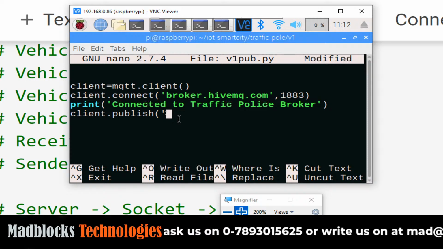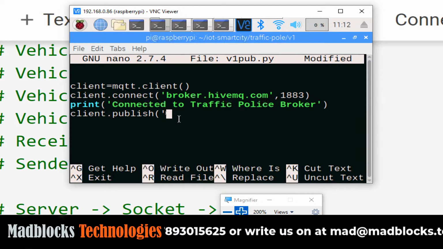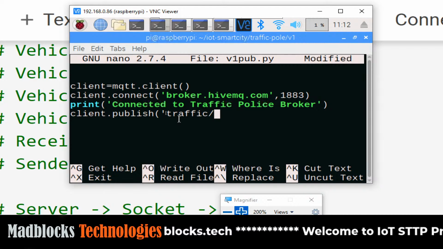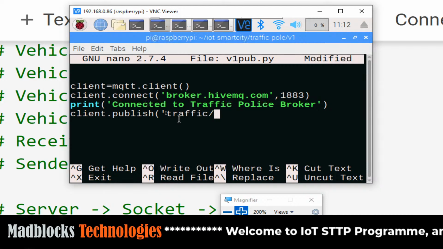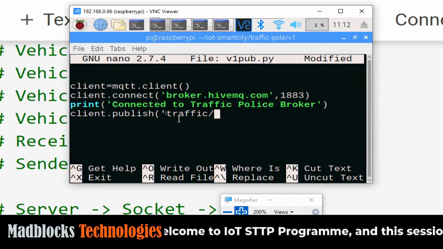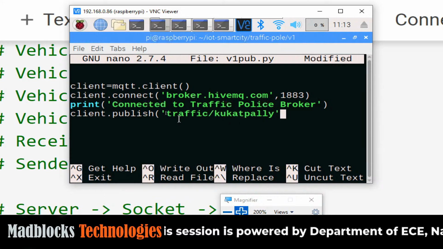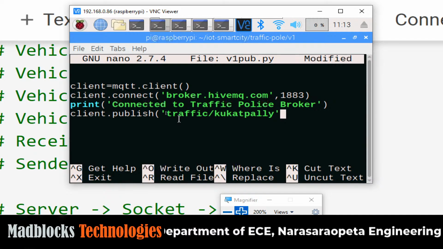So as of now, let us say I wanted to send data on a specific location. Say Kukatpalli, topic traffic/Kukatpalli, which is one place in Hyderabad. There is a traffic pole at Kukatpalli junction, so I wanted to transfer the data to that traffic pole, comma